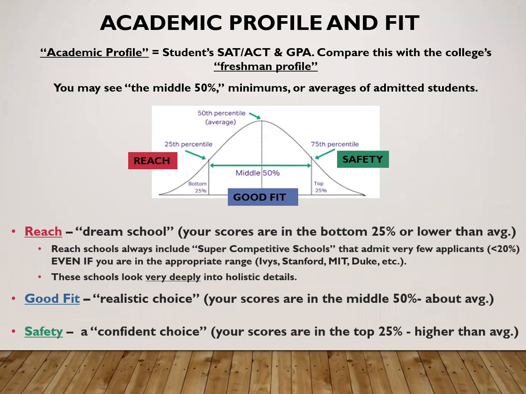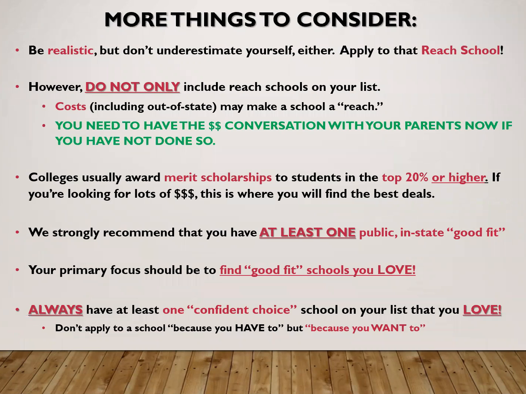And then there are going to be the safety schools. Some people don't like to use that term. I like to call them confident choices. These are schools that you know you'll be able to get into, or you feel pretty confident that you should be able to get into. And you're going to be in the upper range of the averages for that particular college. Now, a little hint here, these are the schools that are going to want to throw money at you, okay? These are the schools that really want you because you're going to be in the upper range. And they love to have students in the upper range because it helps raise their averages. You would be a very desirable candidate.